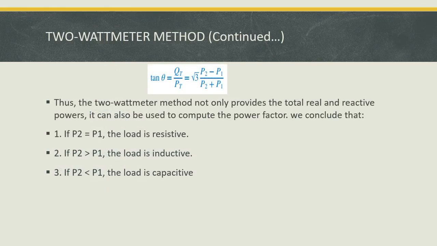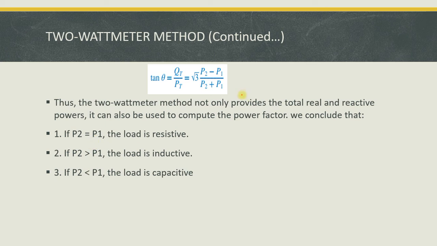Therefore, in order to find the angle or the power factor, tan theta equals QT divided by PT. Now you substitute the values. So the two wattmeter method not only provides the total real and reactive power, it is also used to compute the power factor. From the formula I conclude that if my P2 and P1 are both equal,